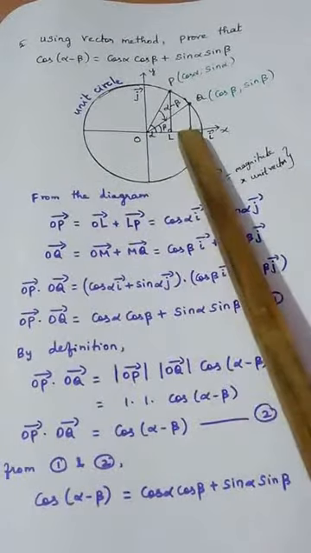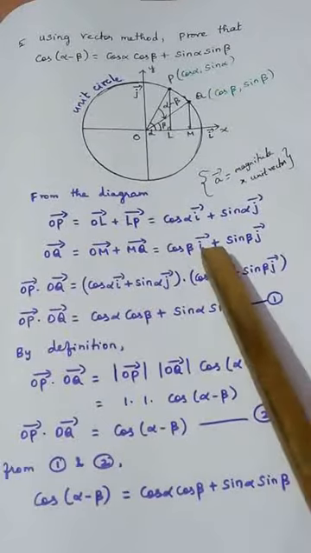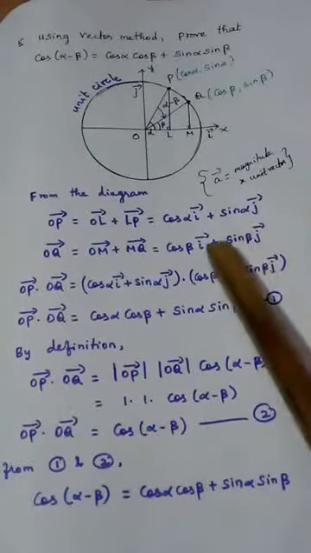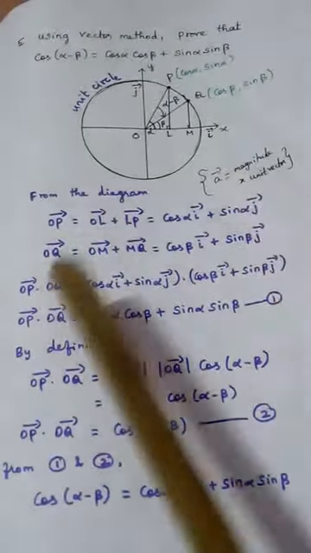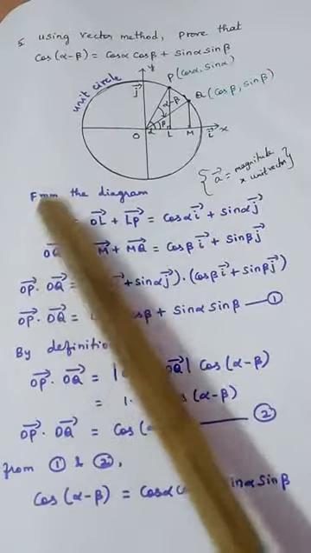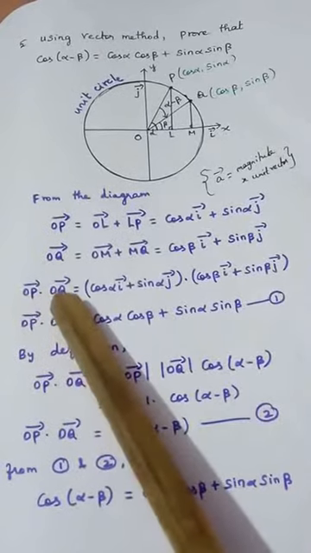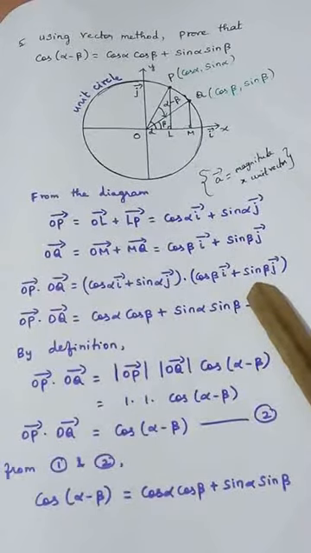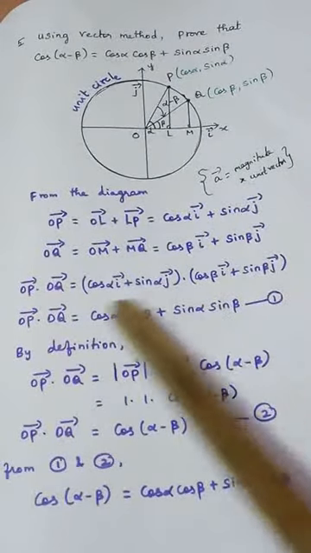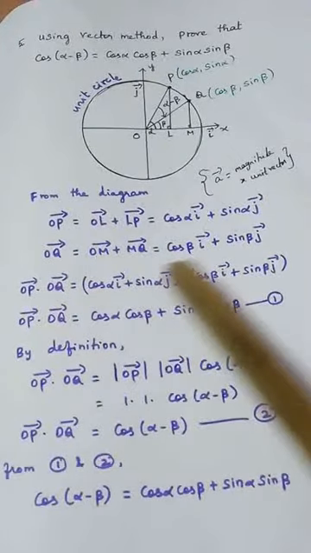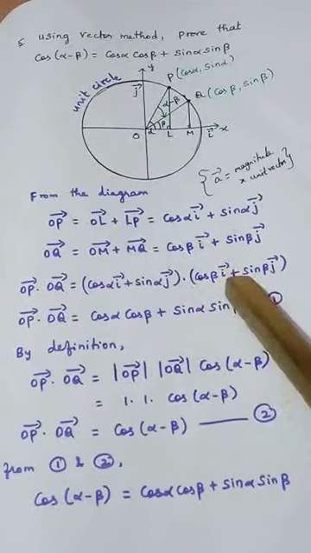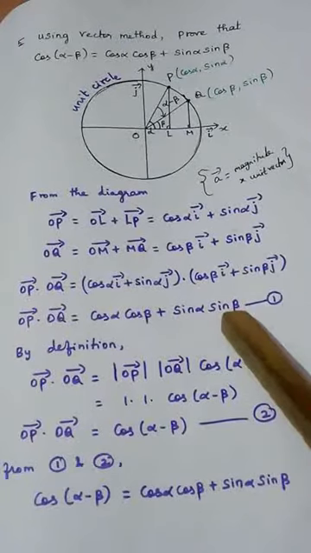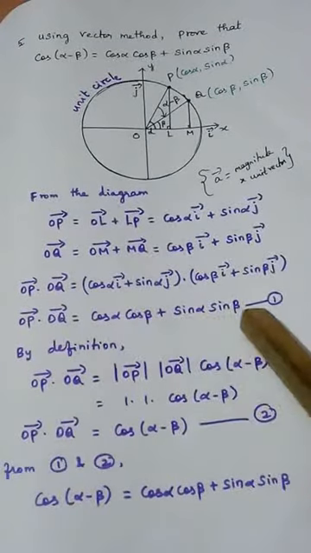OM, if you see the length, see the x value here, cos beta. Unit vector is I vector. MQ means y value. Y value is sin beta. Unit vector is j vector. After finding these two, I am just taking the scalar product of these two. OP dot OQ. First write OP vector dot, then write OQ vector. After writing this, just make a dot product of these two. I combines with I, so it becomes cos alpha cos beta. J combines with J, becomes sin alpha sin beta. So cos alpha cos beta plus sin alpha sin beta.